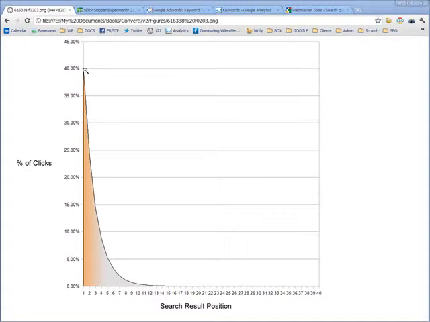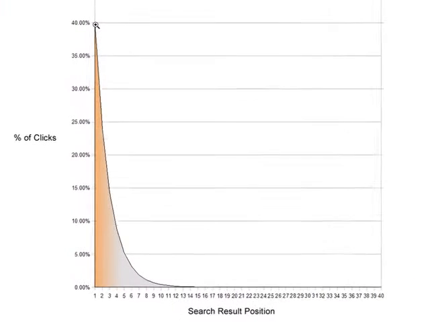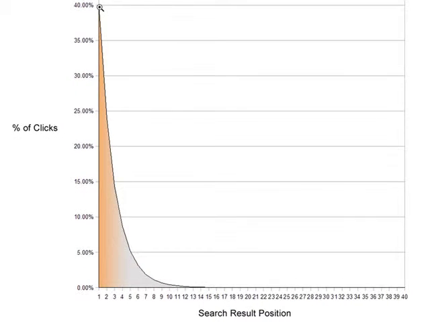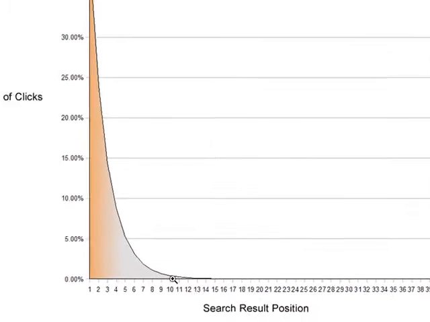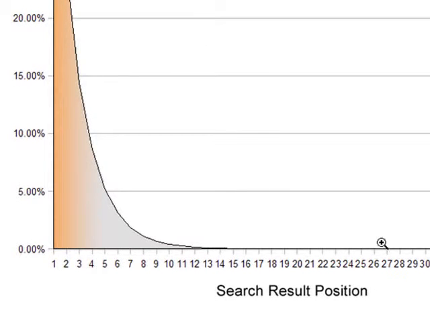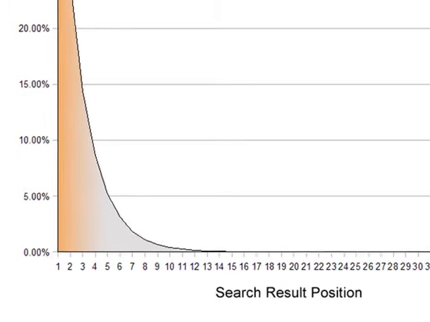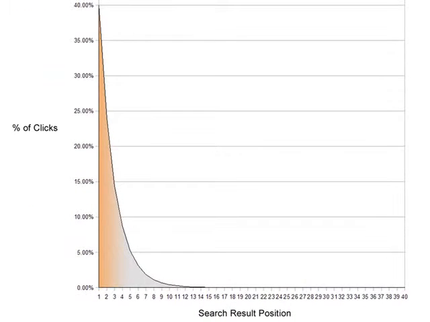So what it shows you is that at position number 1 you should expect about 40% of clicks. At position number 2 it goes down to about 22, something like that. And it drops off so that nearly all the clicks have been clicked on page 1. Below position number 10 on page 2 you're really down to small change when it comes to clicks on search engine results. What we take from this is the vital importance to be at the top of the search engine